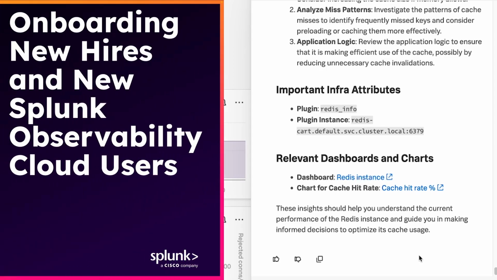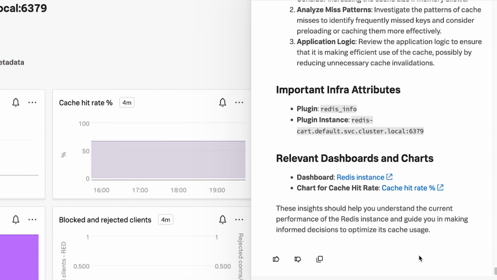It's not just experienced engineers or administrators who might need additional information or interpretation of the data in their environment. Imagine you're an engineer who's just joined the company and you're trying to understand the services in the environment and how they work together. You can utilize the AI assistant to better understand the environment and the data that's flowing